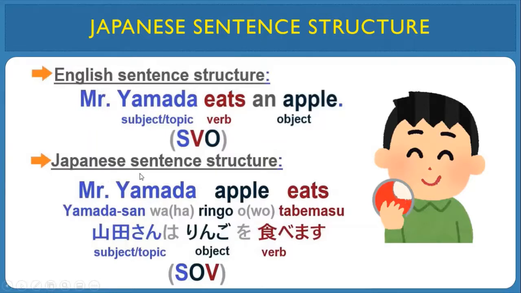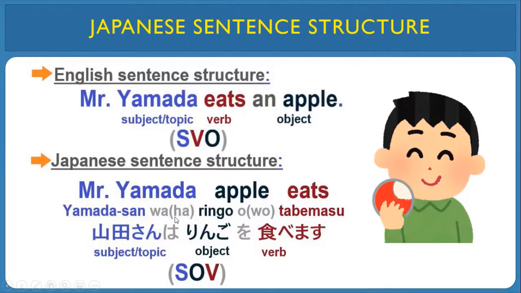That's how we write in English. But in Japanese, we write like this. Mr. Yamada, apple eats. If we translate it into English, this is how it is. So the verb eats will come at the end of the sentence. We don't put it in the middle. So in Japanese, it is like: 山田さんはリンゴを食べます。